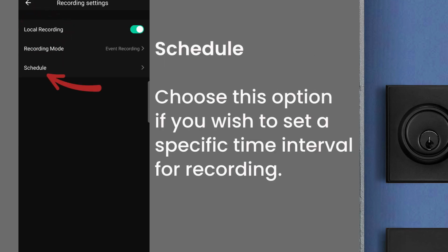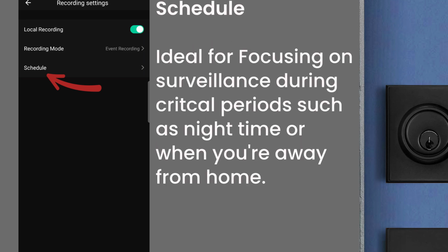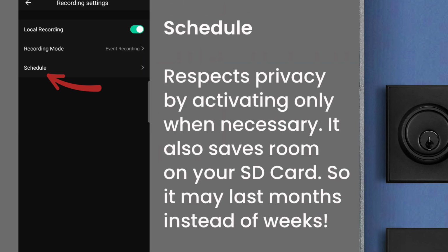Next, under Recording Mode is Schedule. Choose this option if you wish to set a specific time interval for recording. It's ideal for focusing surveillance during critical periods such as nighttime or when you're away from home. Scheduled recording respects privacy by activating only when necessary. Or it's a great way to save room on your SD card so it may last months instead of weeks